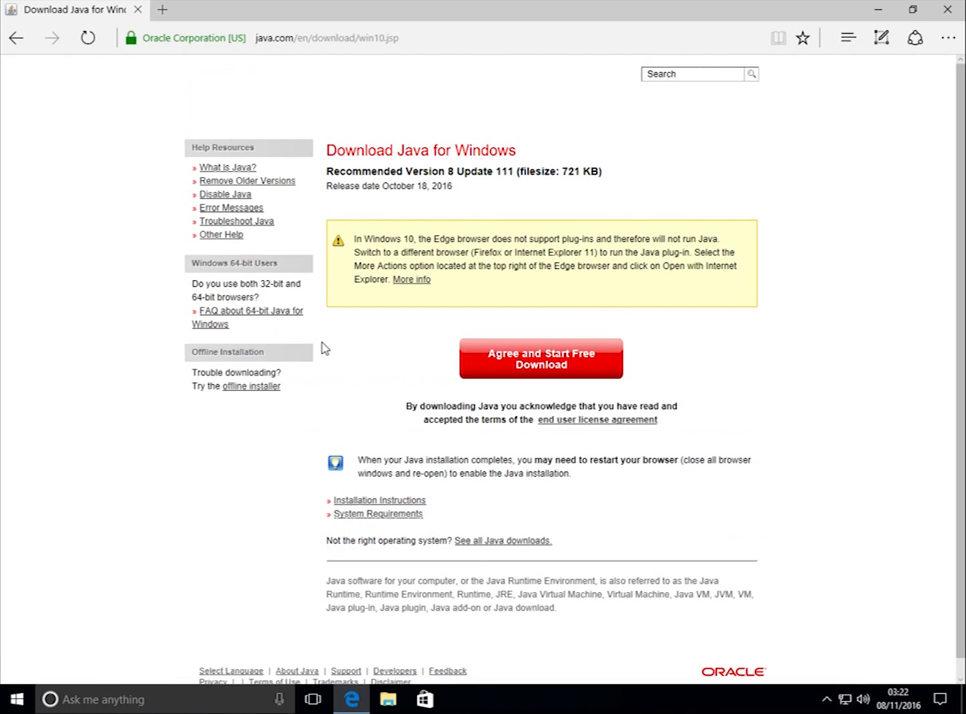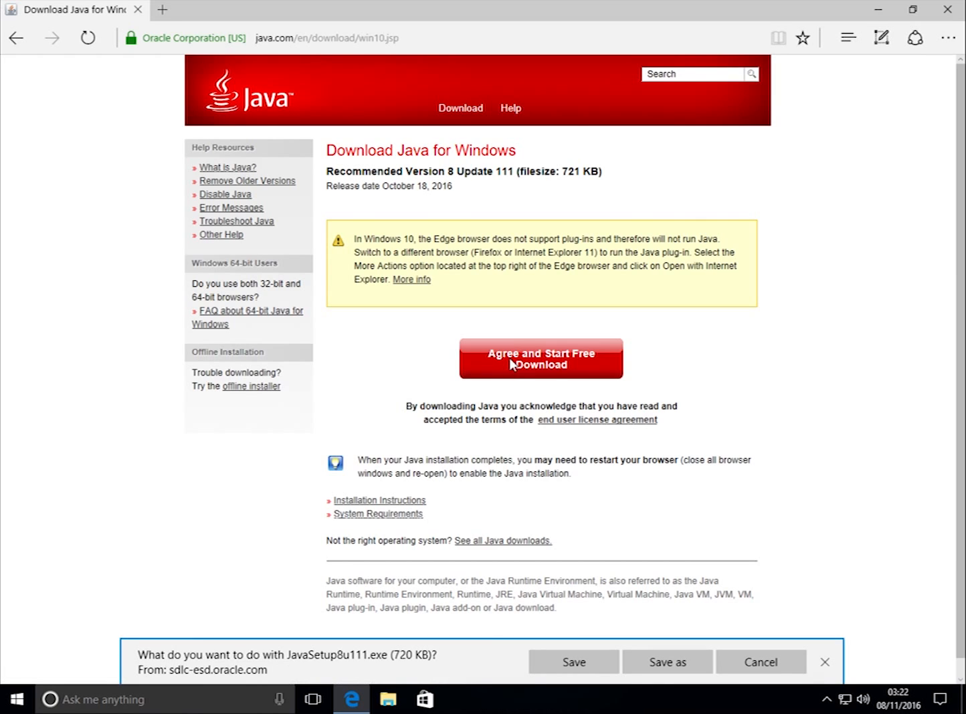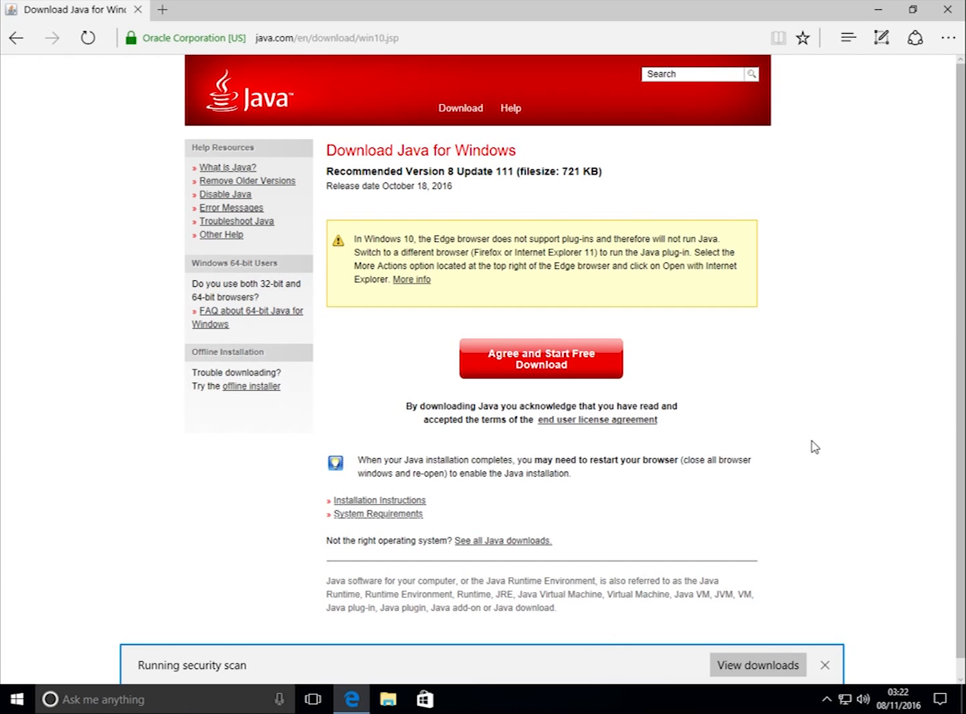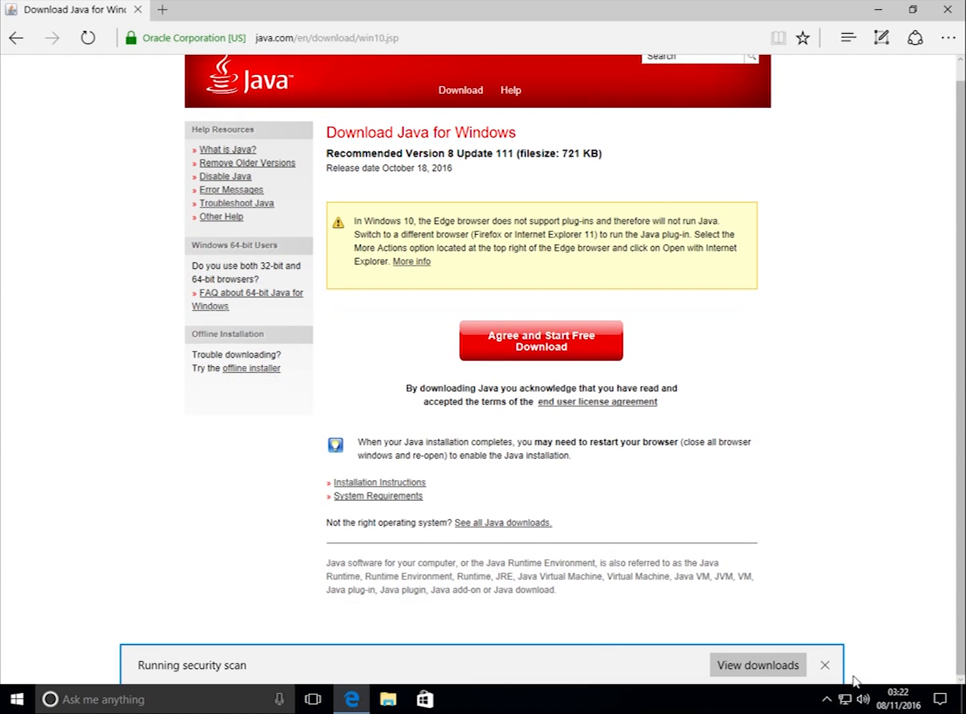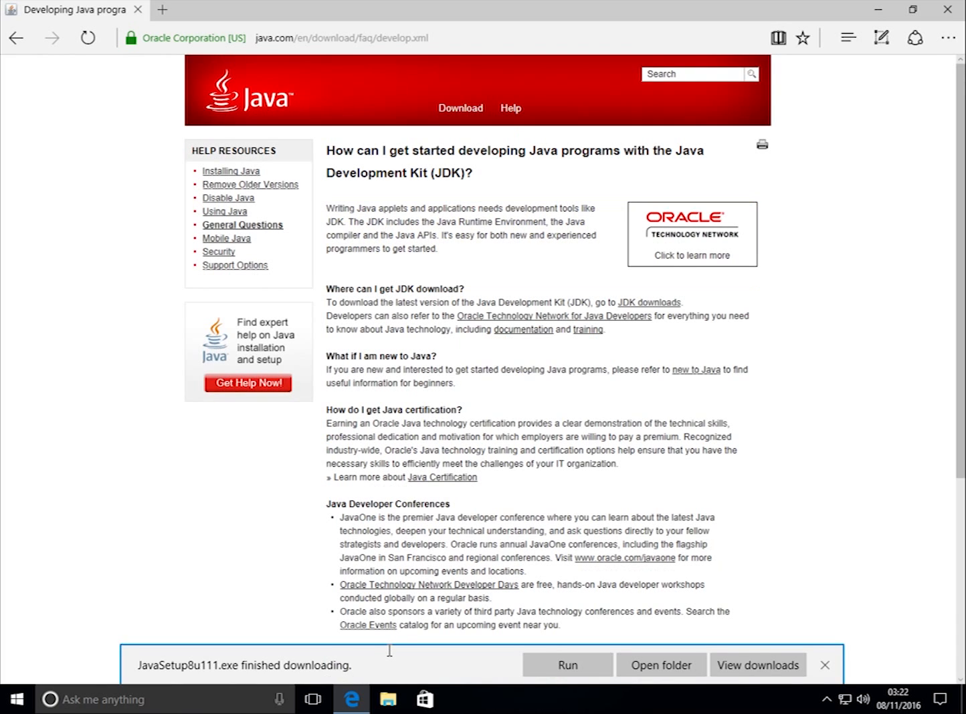This is quite a small download, it's a downloader that we're actually installing rather than the actual Java application. So it downloads quite quickly. So while we're waiting for that, we'll now start downloading the development kit, and the development kit will actually allow us to develop Java. So we scroll down to the bottom, click on Developer, and then on that page click JDK